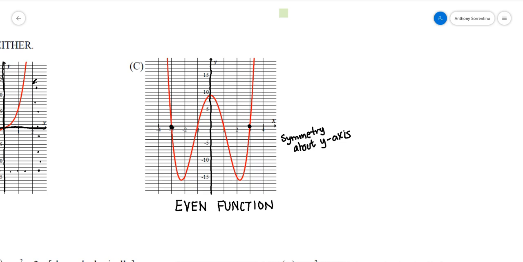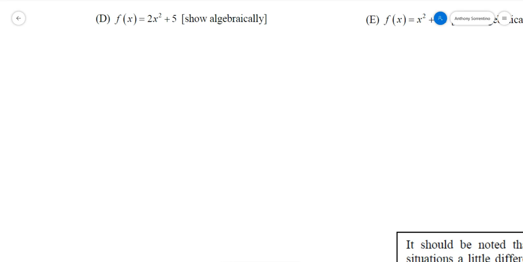Now, on the other hand, algebraically, they do entail a little bit more work. So let's look at the next three parts of this example. In D, you're told to show algebraically, but anytime you're given a function as a formula and you're asked to determine if it's even, odd, or neither, you do need to show some algebra that backs up what you say. So for this one here,